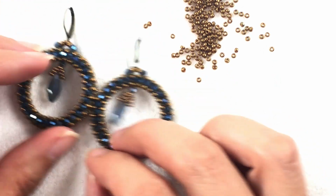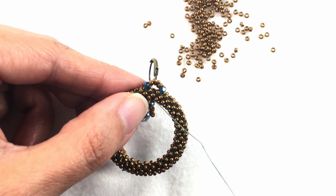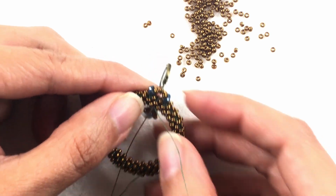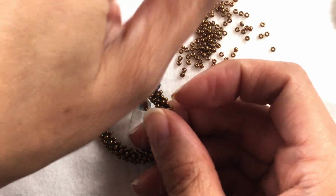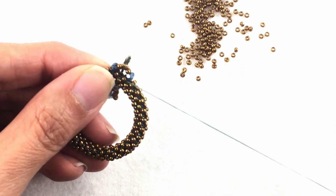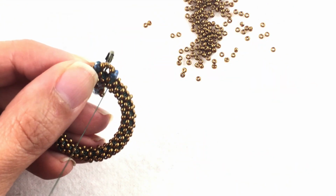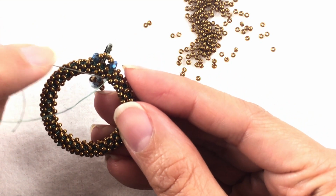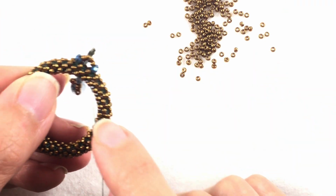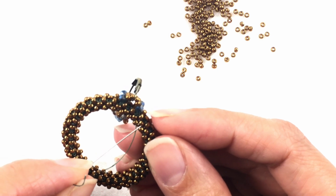And here's the other one. So, looks good. And now once I come out, you can reinforce all that, but I'm not going to. I'm just going to sew straight up into the next bead on top of that. And then I'm just going to start sewing away from that and then down. And I'm just going to keep sewing a little bit away from that. And then you see all of these little threads. We have a lot of threads. I'm going to go up this one here, this little seed bead up here,